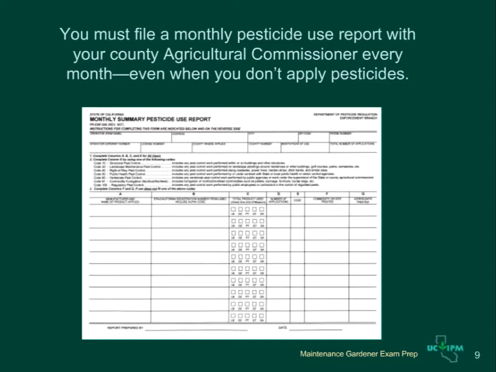For instance, if you applied a Roundup product on several properties over the course of the month, you can summarize these, noting the total ounces used, the number of applications you made, and the type of landscape you applied it on, as well as the U.S. EPA registration number. You must include a separate entry for each product with a different EPA registration number. You will use the code 30 Landscape Maintenance Pest Control.